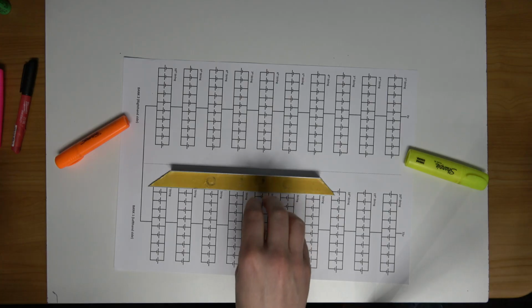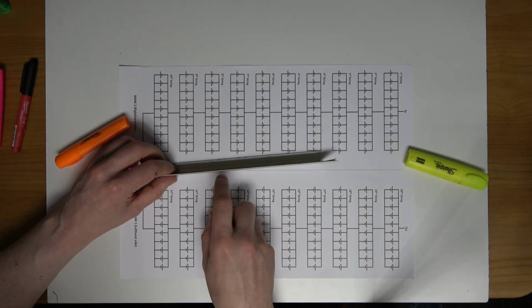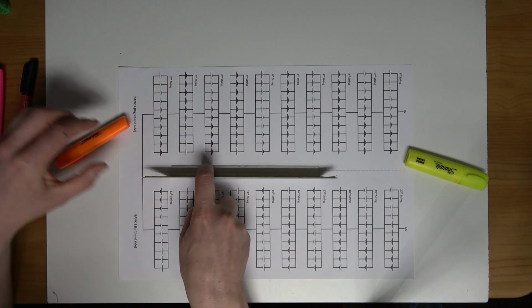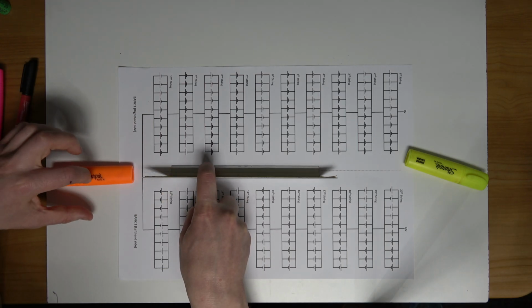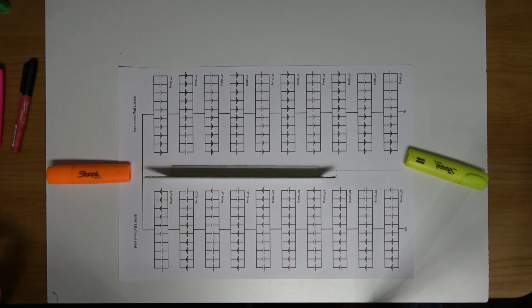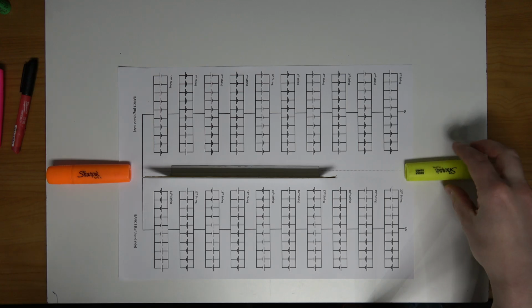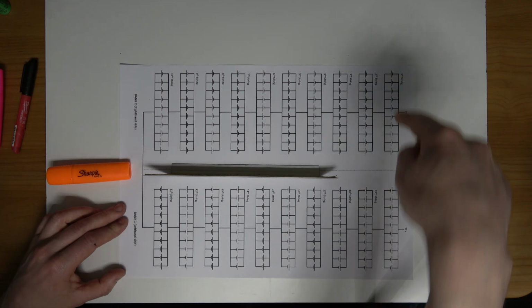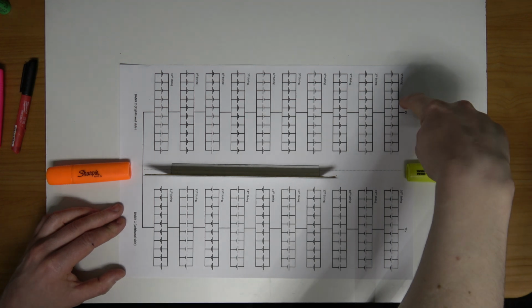So back to this now. As I say, this is the middle of the pack, this piece of aluminium, and this is the front end of the pack, the front of the bike, and the rear end of the bike, or the rear end of the pack. So we have the first string starting here at 0 volts, working its way up to the